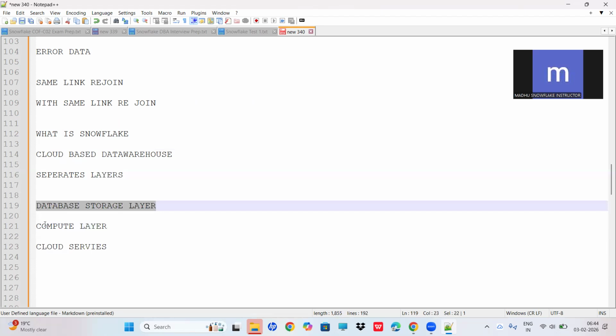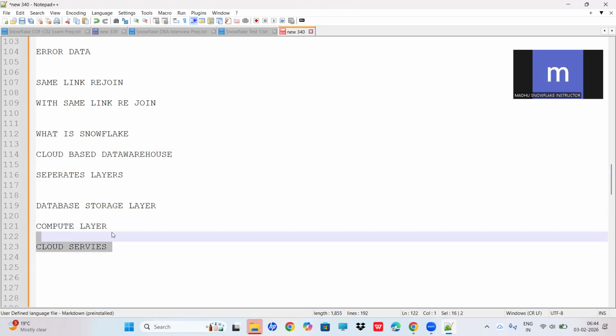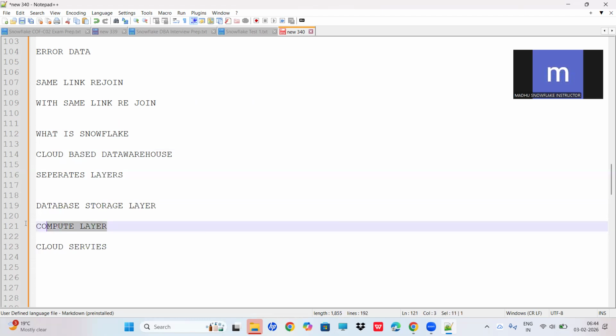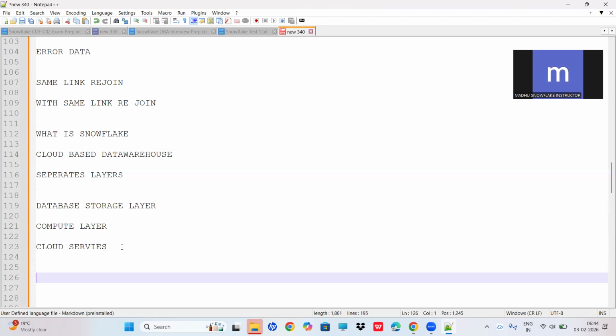So the query is going to run in this compute layer, and the cloud services layer will take care of services like security features. When the query is running in the compute layer, it won't be affected by the storage, even if you have 2 TB or 5 TB of data. This is one advantage in Snowflake. We're going to discuss it completely in the classes. So these are the separate layers we have in Snowflake. Okay. So next one is